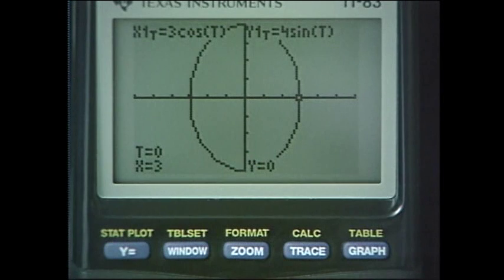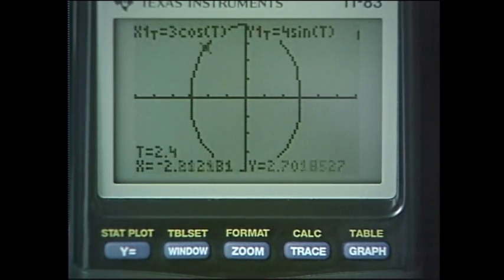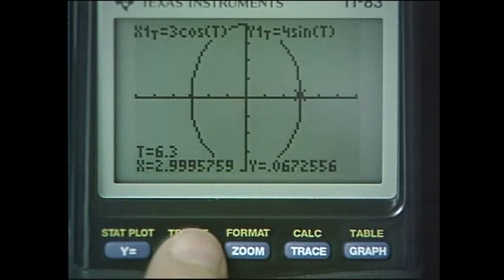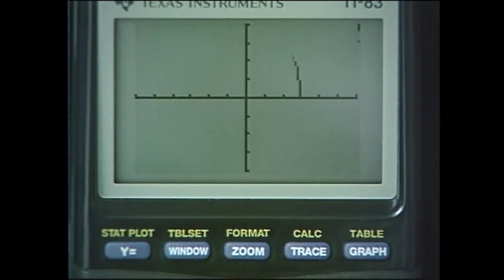Now notice t is 0, and I am cursoring to the right. And as I cursor to the right, the icon moves around and the x-y components are changing as expected. But I want you to notice that as I continue to cursor around to the right, that little icon just keeps on going around, continuing until t arrives at 6.3. Now, if I change the value of the t max to, let's say, 8, and go back to the graph,